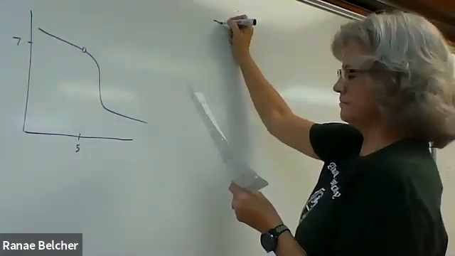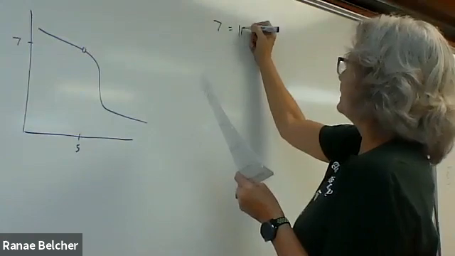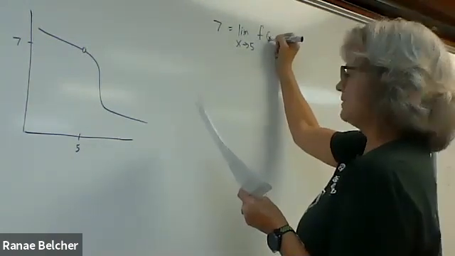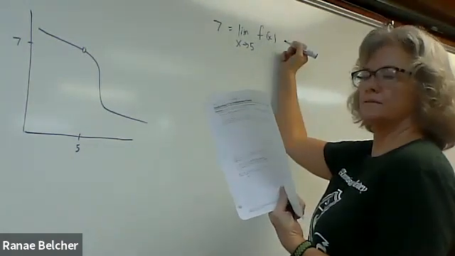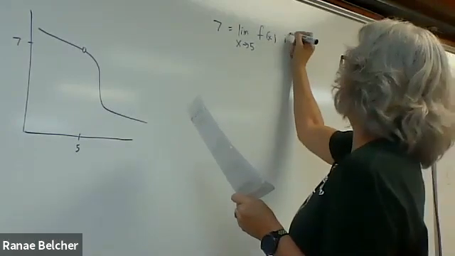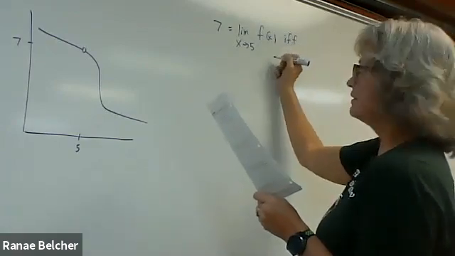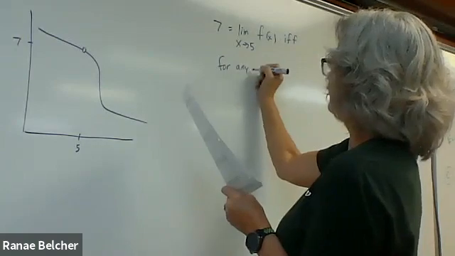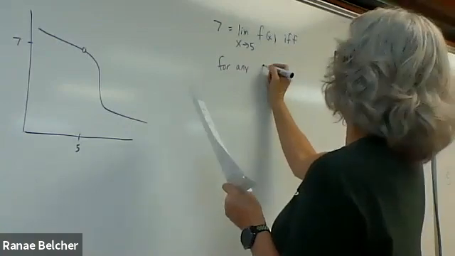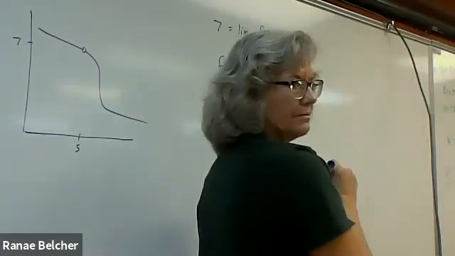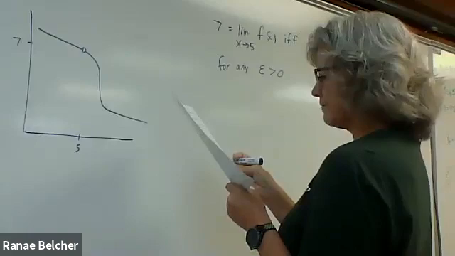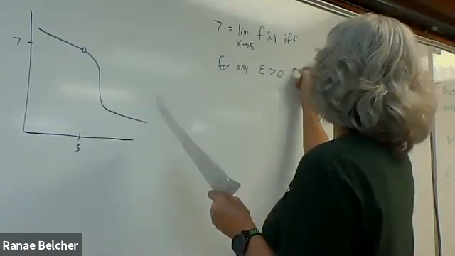We would say 7 equals the limit as x approaches 5 of f of x. We're not given an equation for it, at least not yet, so we'll just call it f of x, if and only if, put IFF, for any epsilon greater than 0, that means positive. It's easier to write than positive number. For any positive number epsilon, no matter how small,